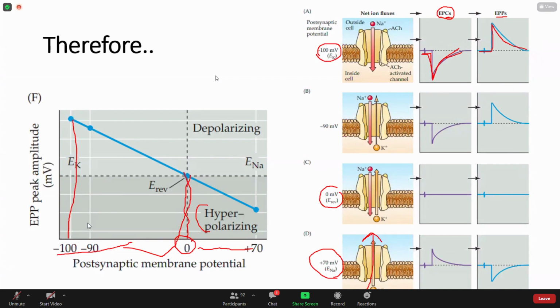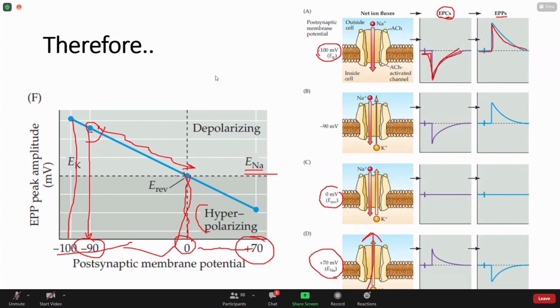When the muscle cell is at rest, the movement would be inward by entry of sodium, because there is a huge driving force for sodium to go to the inside, because we know that the equilibrium potential for sodium is positive 70. So when the muscle cell is at negative 90 millivolts, sodium will enter in order to bring